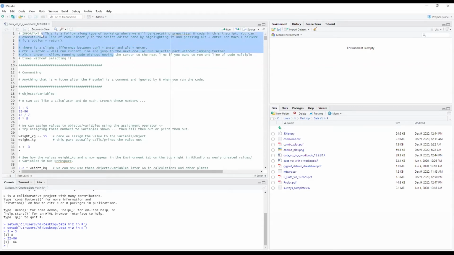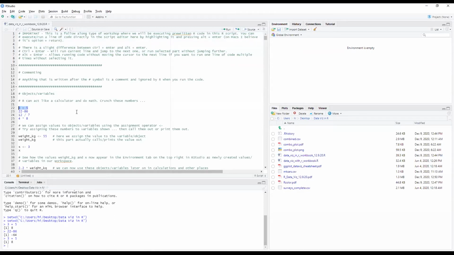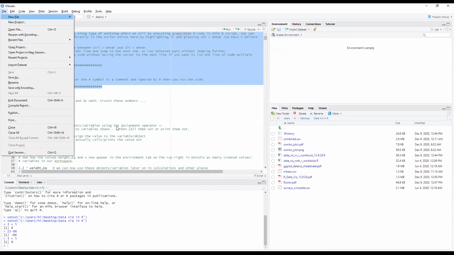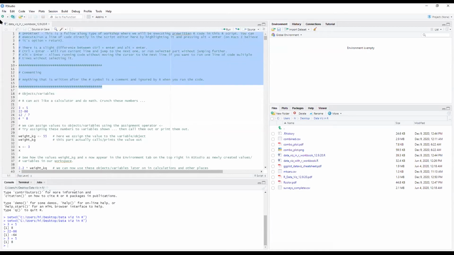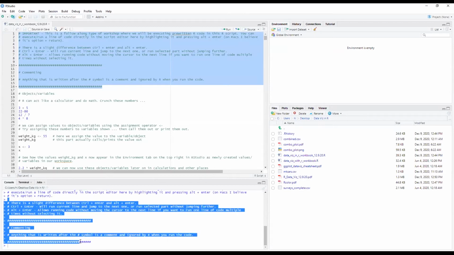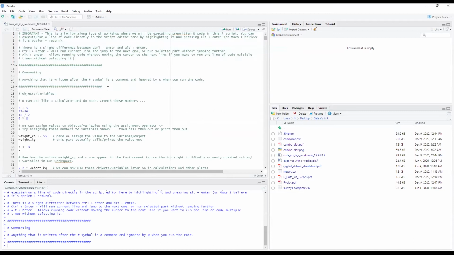So hopefully you know how to run lines of code now. It's basically you highlight the line of code that you want to run and you press Alt-Enter. And then you should see at the very bottom on the console, it ran that 3 + 5, it gave me 8. Anything that you see here with the number sign, that is comments. So I could select this entire thing, comment here, and press Alt-Enter, and it's just going to repeat it here, and it knows that it's just comments. It knows it's not really code, and so that's fine as is.